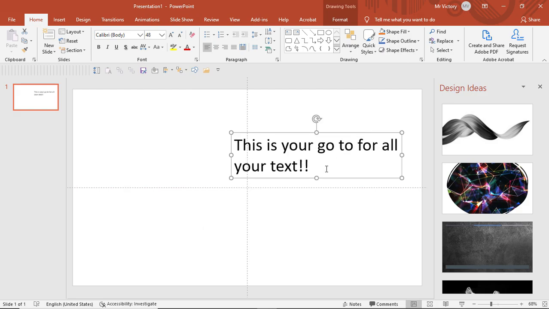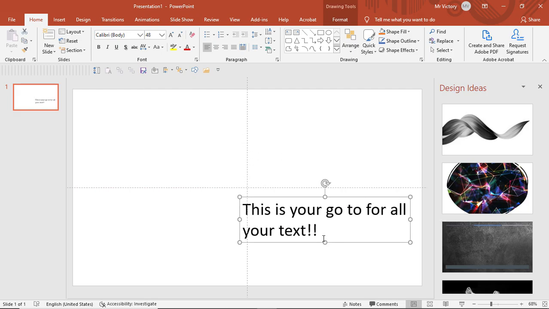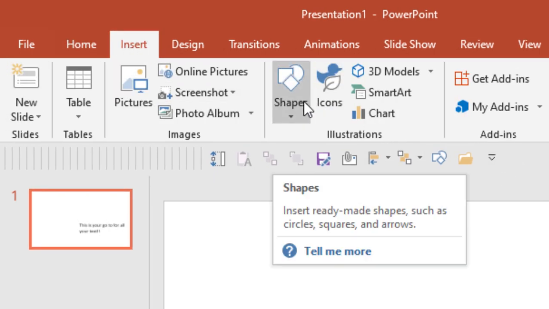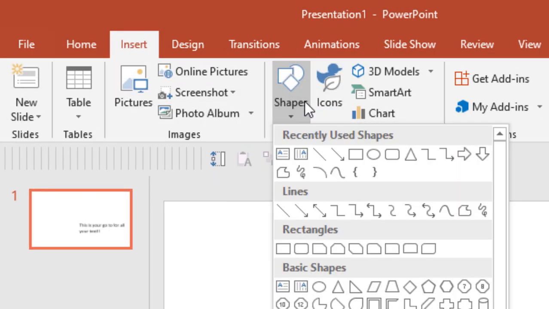Make sure you have your text boxes inserted to insert all your text, be it the header or the subheader. Make sure you use the text box. So let's just keep it here. Now, secondly, like I said before, you need the shape. To insert your shapes, you go to the insert tab, we go to shapes, it's just right there. So you click on it and insert